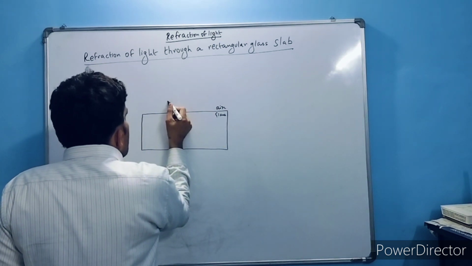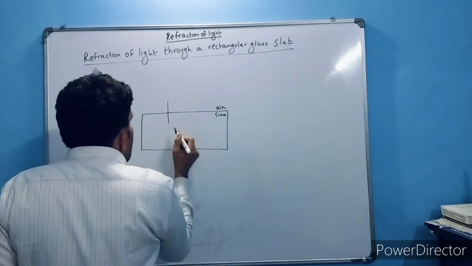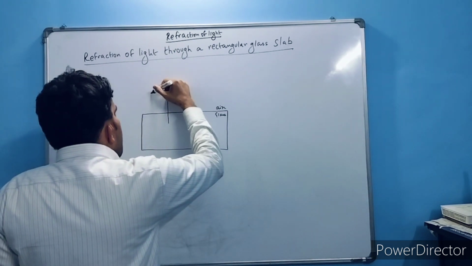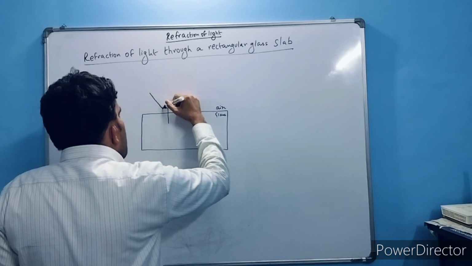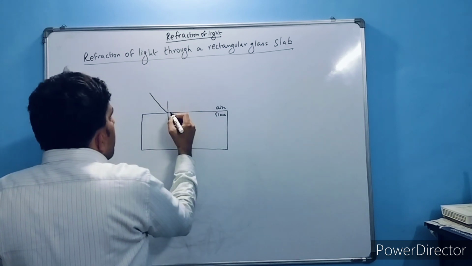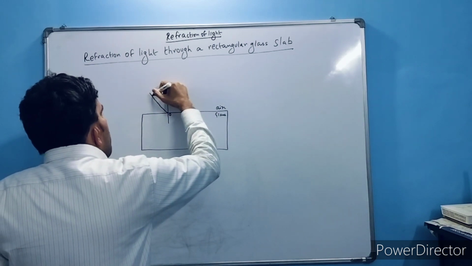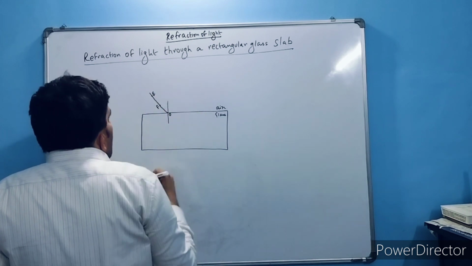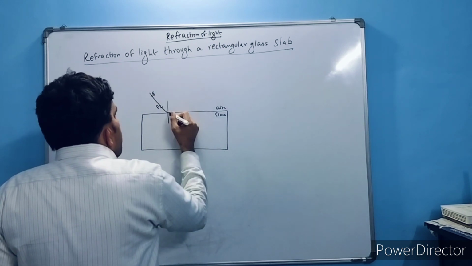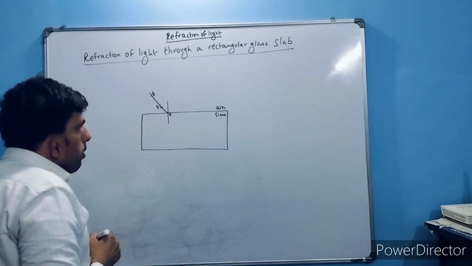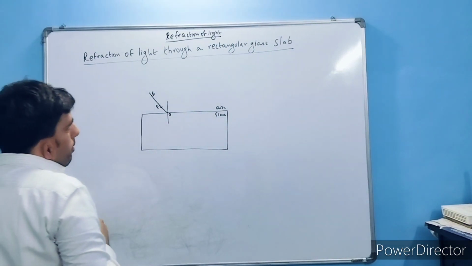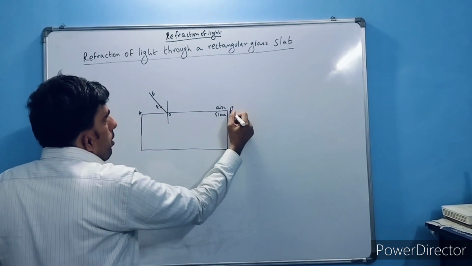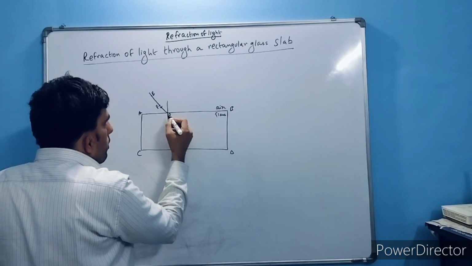Now let us try to make one normal ray, and now see, when a light ray is incident at point O on the interface, at the surface. So we'll see when a light ray tries to enter